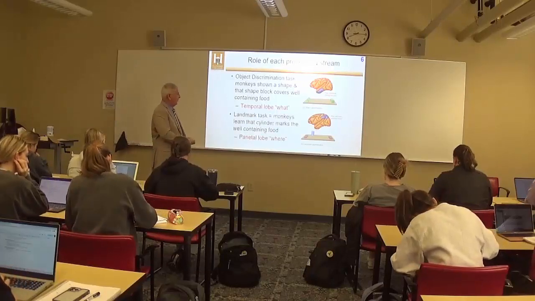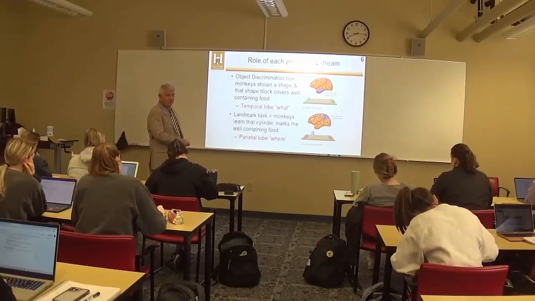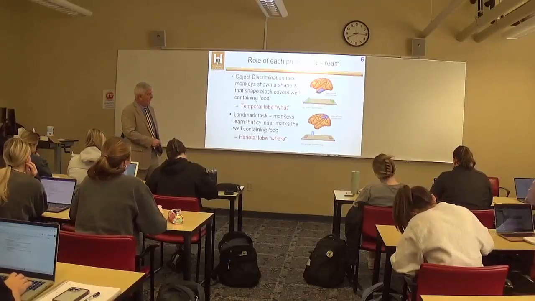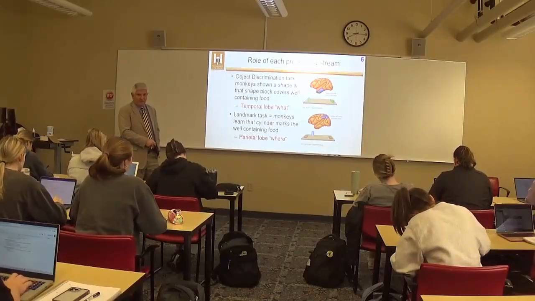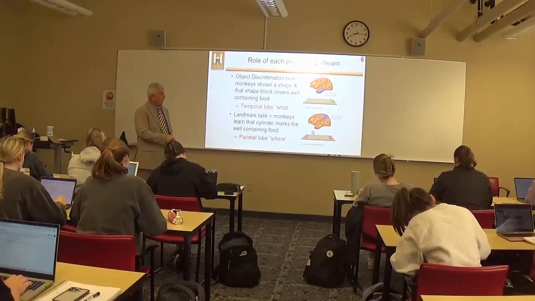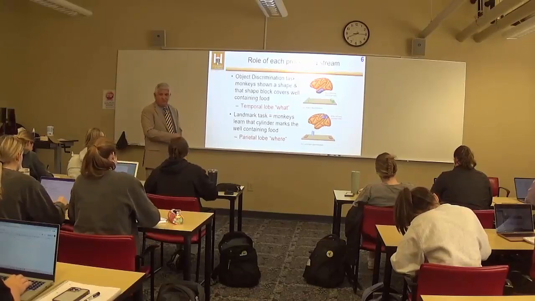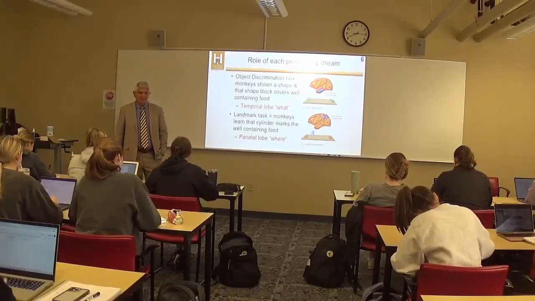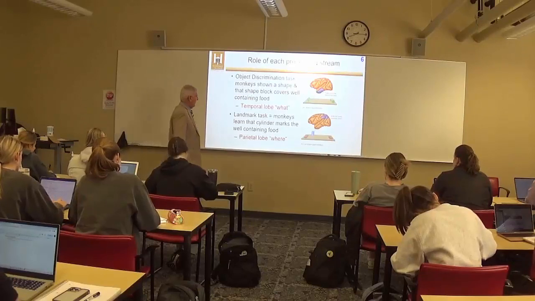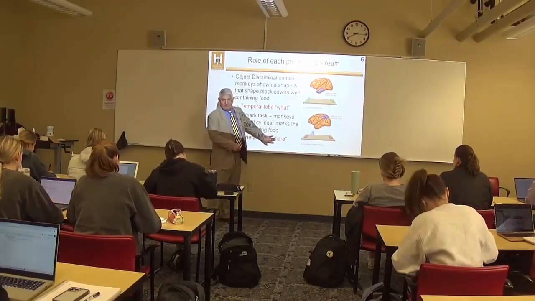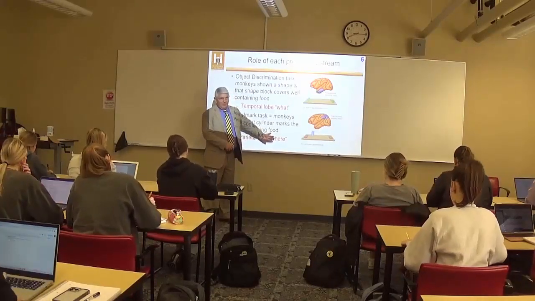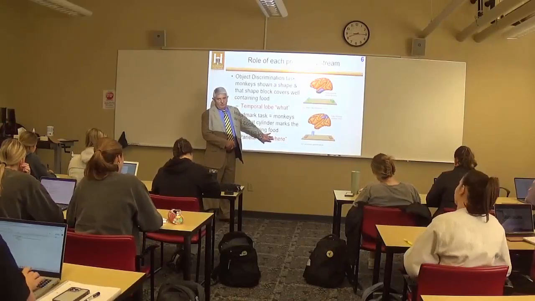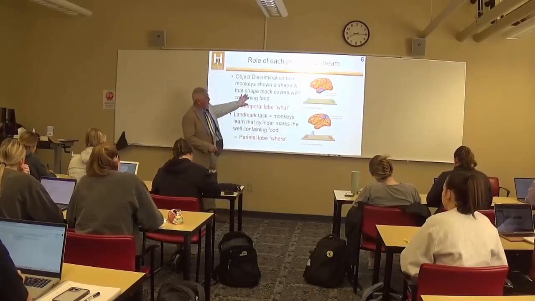However, if we remove the parietal lobe, then the monkey can't do this task. But if we leave the temporal lobe intact, it can do the discrimination task. So this is why it was sort of a where, because they were saying, oh, well, you can't figure out where the object is if you don't have a parietal lobe. And the what is the